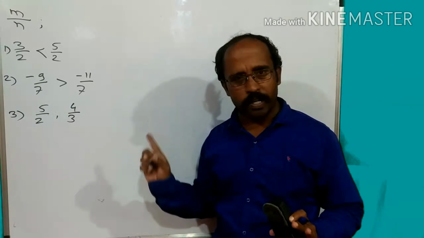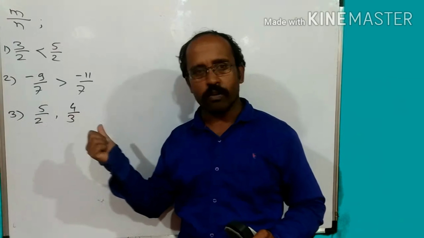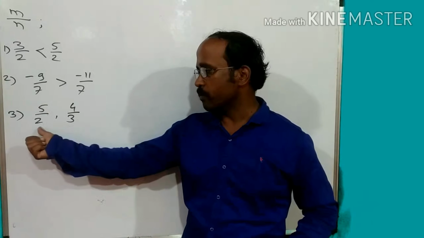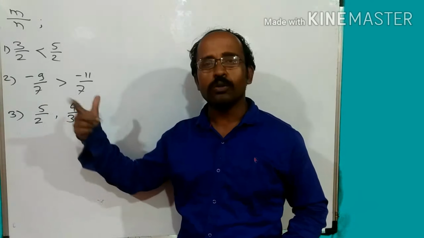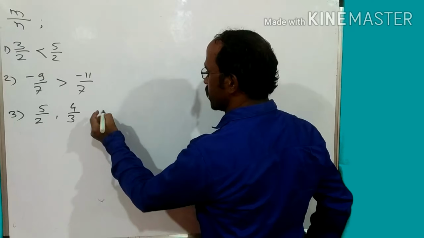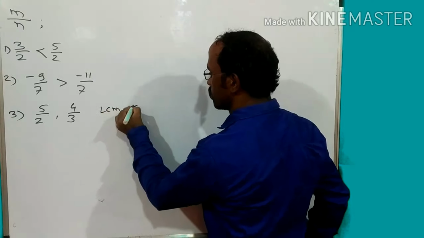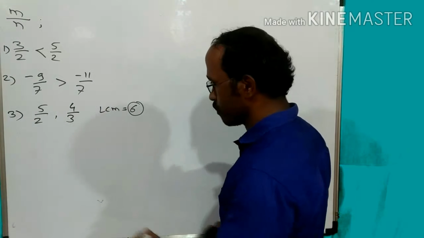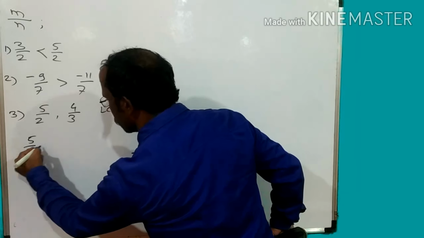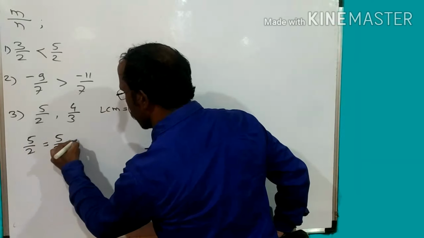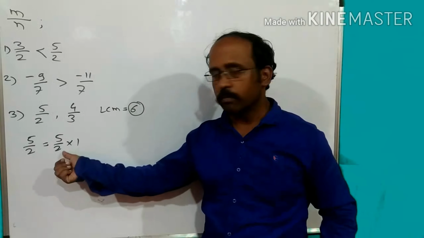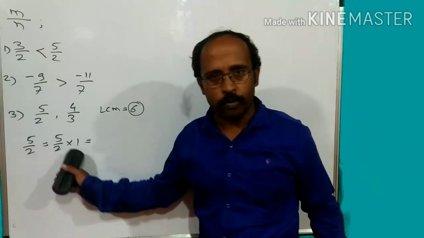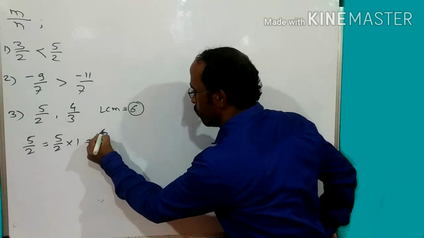So we have to make the denominators equal. To make the denominators equal, we have to see their LCM. There is not any common factor in between 2 and 3. So LCM of 2 and 3 is equal to 6. So we have to make their denominators equal to 6. Let's start. 5 upon 2 is nothing but 5 upon 2 multiplied by 1. Multiplying any number by 1 doesn't change its value. So 5 upon 2 is equal to 5 upon 2 multiplied by 1, which is equal to 5 upon 2